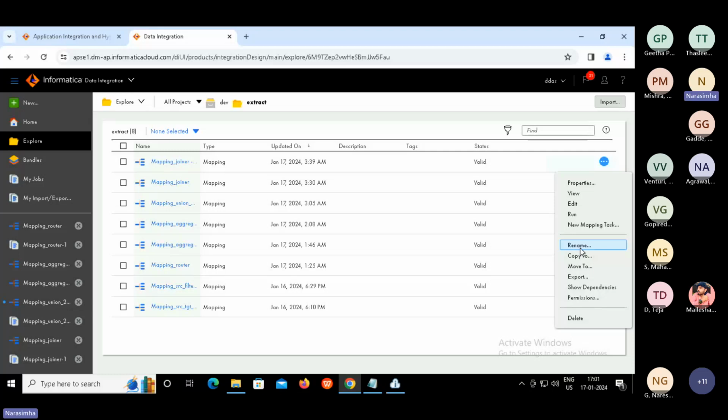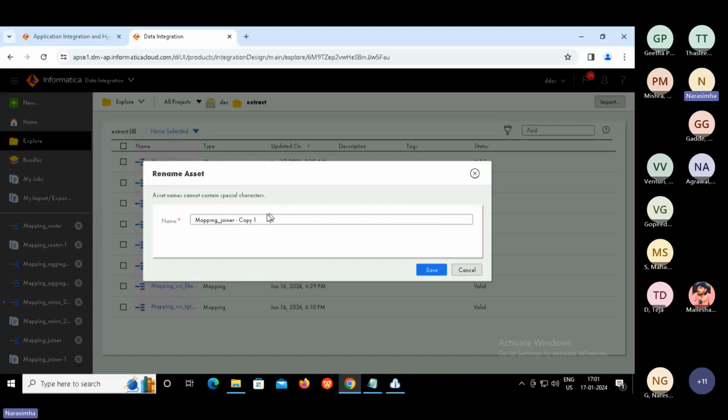Select rename and supply the name here. Let us say we are going to focus on master outer. So mapping joiner, then specify master outer, and save it.